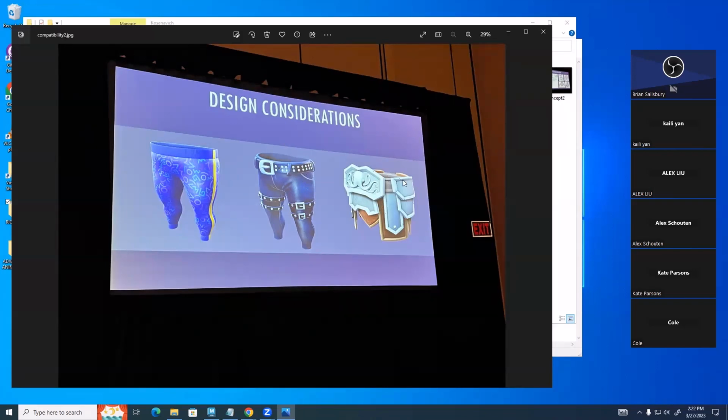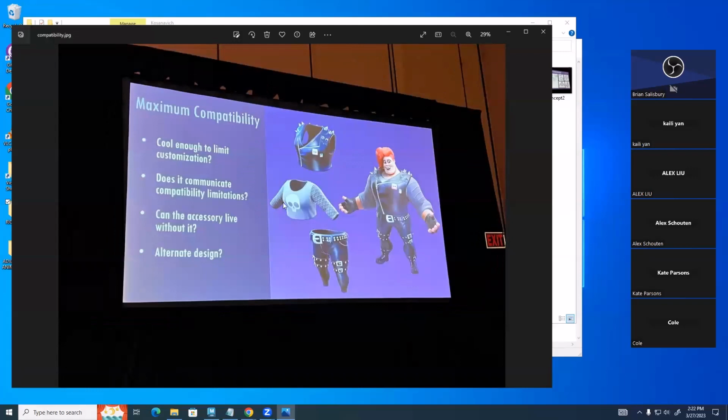And then a third layer of design would be something like this, where you've got armor, skirts, something where it might break the silhouette, okay? And so you have to make all these design decisions,